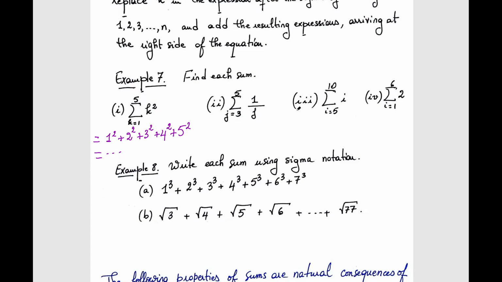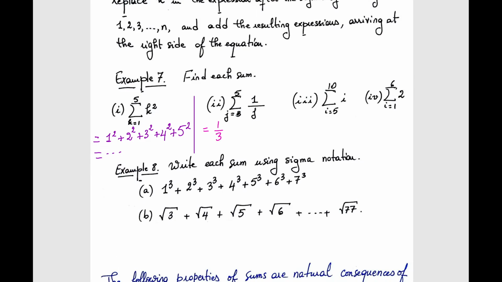Okay, let's do part 2. Let's do part 2 here. So part 2, we're going to add the terms that look like 1 over j, and j ranges from 3 to 5. So this is equal to, let me change the color. j starts at 3 this time, right? So the least it can get is 3. So the first term in this summation, the first summand, is 1 over 3,